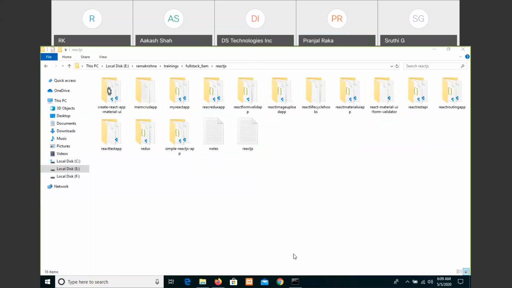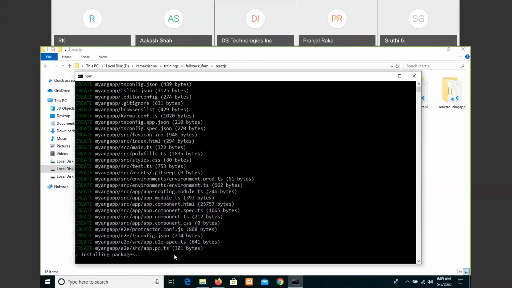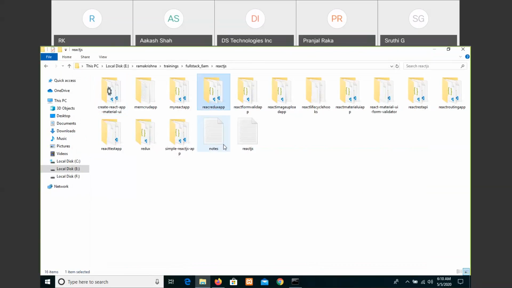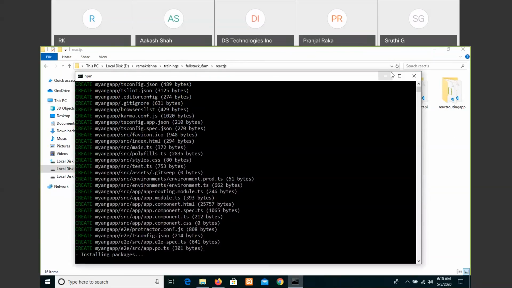Please wait just a few seconds because it is taking time, sorry, it's processing here. It's unable to open Visual Studio Code also. Hold on for a few seconds. Once it is completed, then we can open it easily.